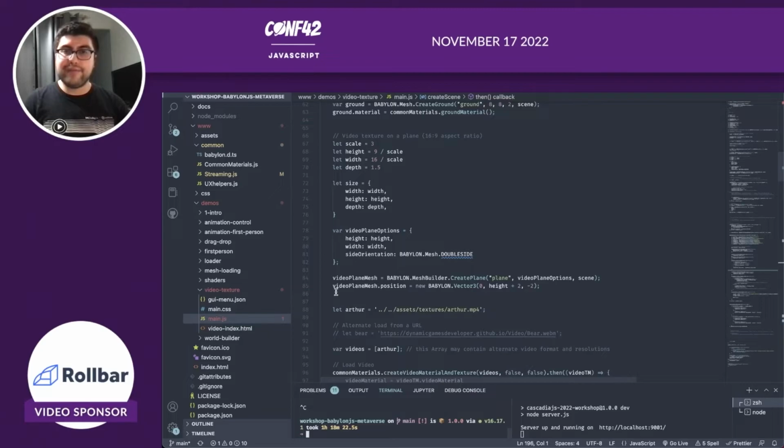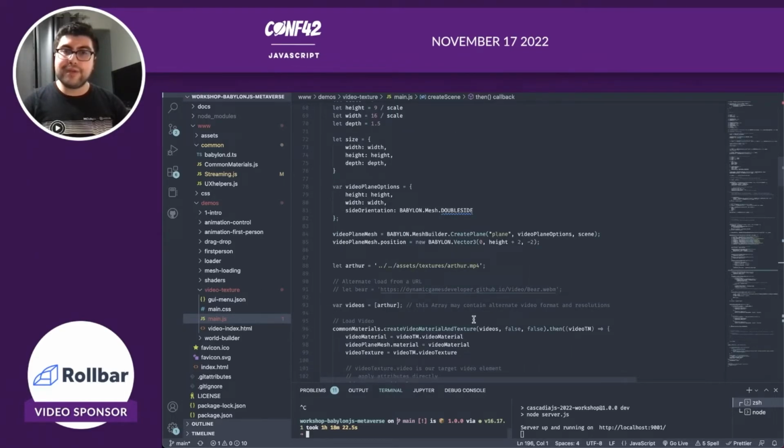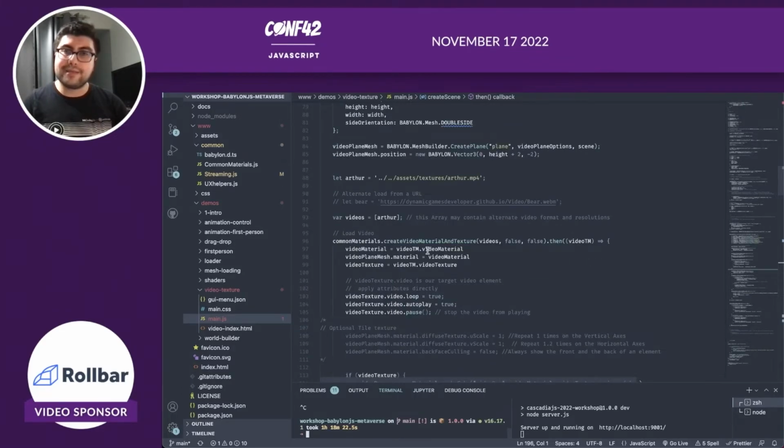Then we finally call that video mesh that we have over here with video plane mesh is mesh builder. We're creating the plane and we are putting in the actual objects and scene directly in them, where we're then taking the video feed as a local file we have and letting the video actually be placed on side with some more